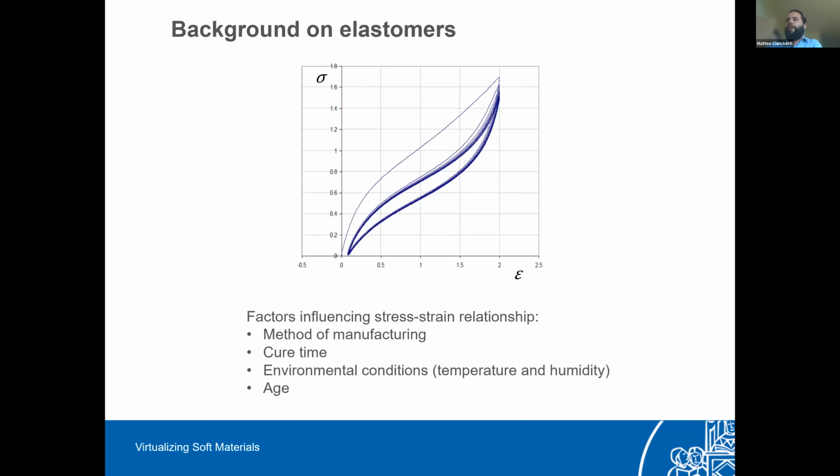This is a very typical stress strain curve that is derived from a characterization of an elastomer. And as you can see, there are some peculiar characteristics. They differ on the basis of four main parameters that are the method of manufacturing of the samples